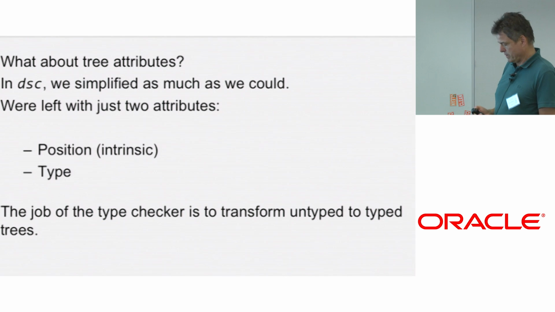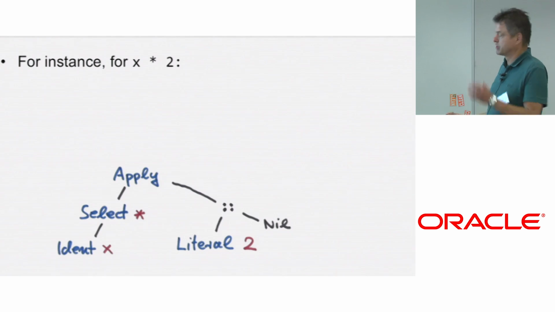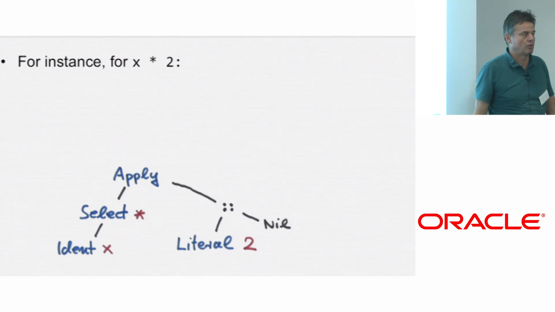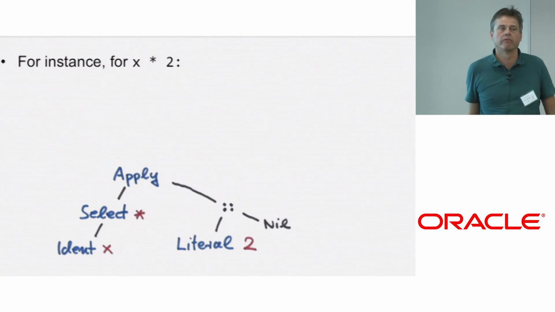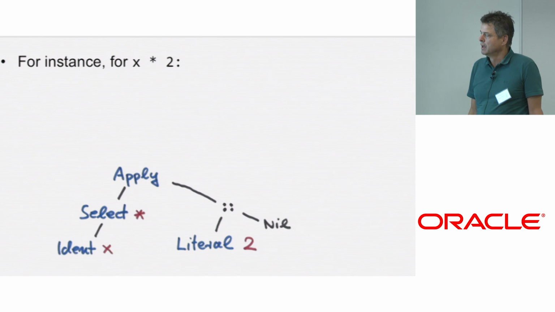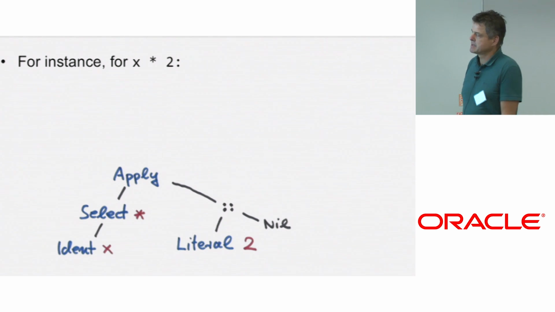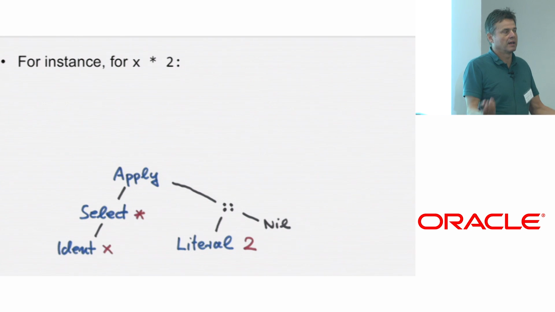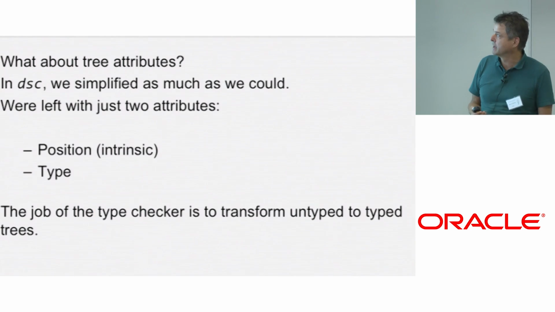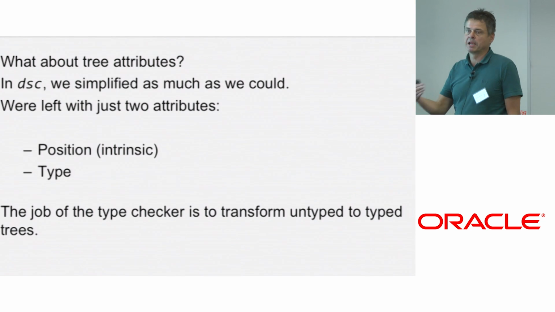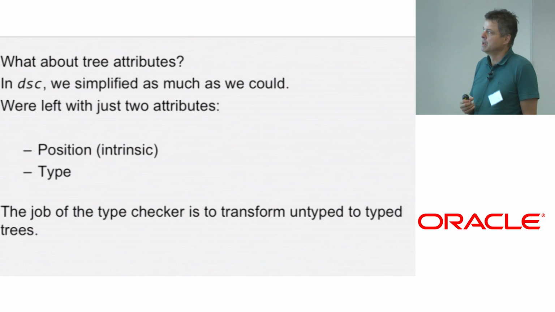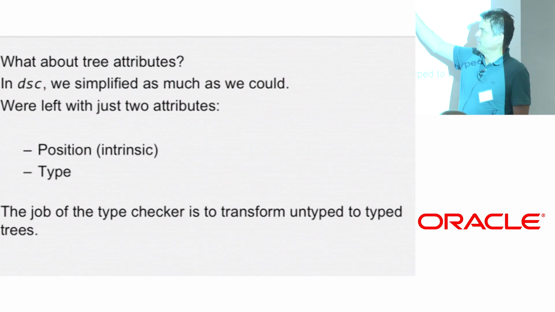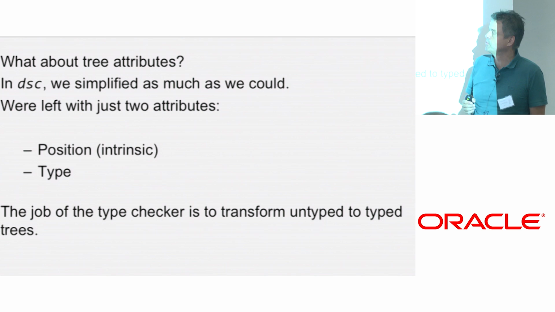Okay, so that's the simple abstract syntax tree, and I know there are various ways to write that, but they're all essentially equivalent to something like that. But these are sort of the things that you get from the parser. Once the compiler gets going, more things have to be added. So we have to put typically attributes in this tree. So what attributes do these trees carry? And in DSC, we've simplified that as much as we could.